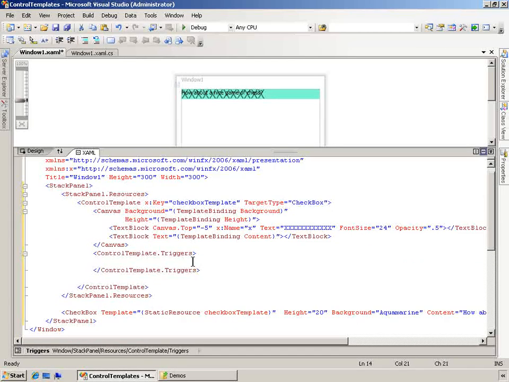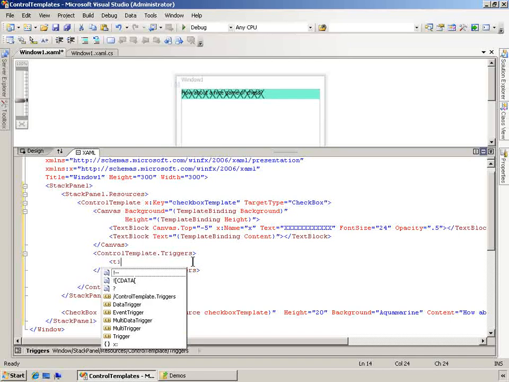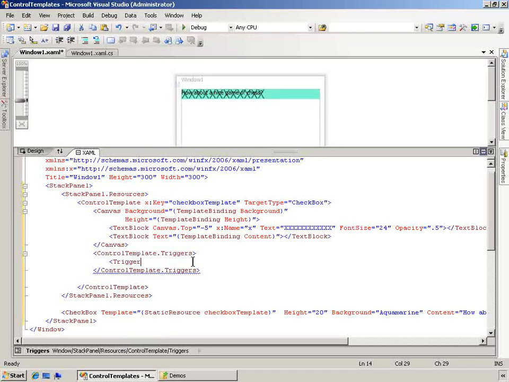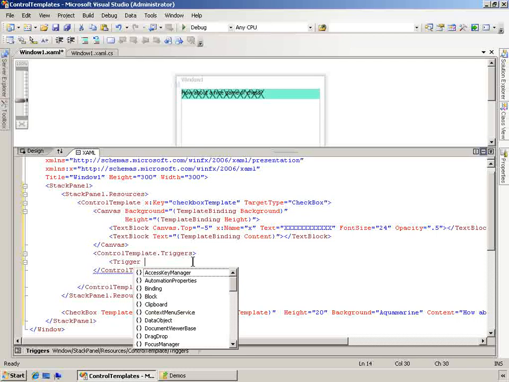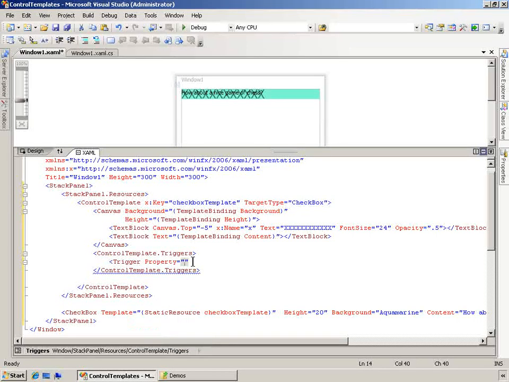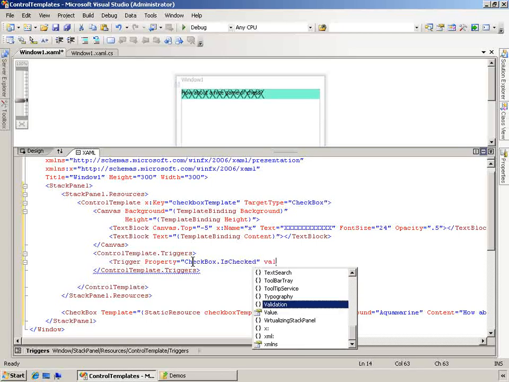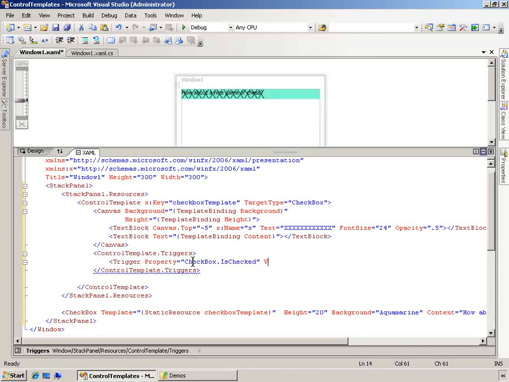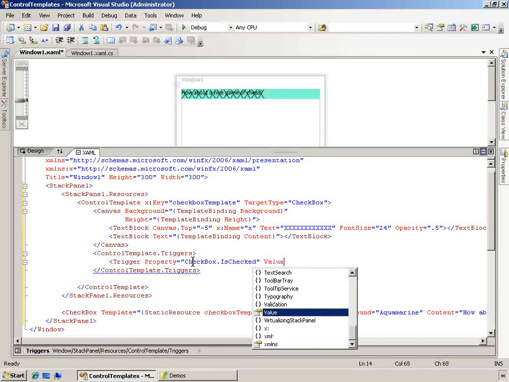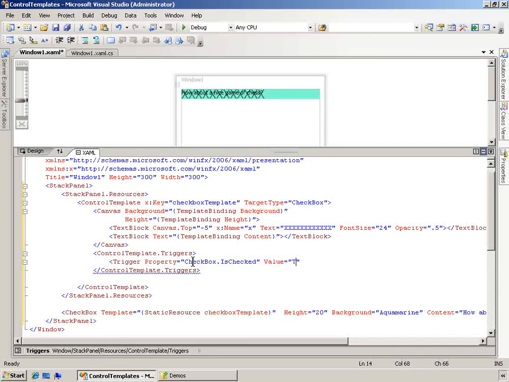So in our control template triggers, I'm going to set up a trigger, and that trigger is going to be for the property called CheckBox.IsChecked. So if the property CheckBox.IsChecked is changed, then this is what I want to happen. And if its value is changed to true,